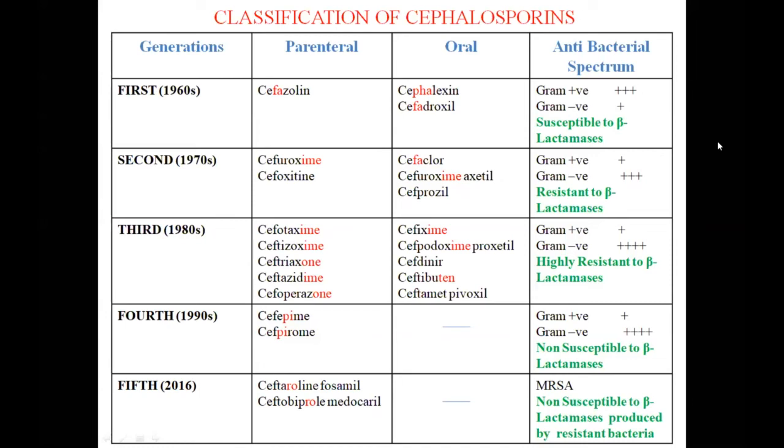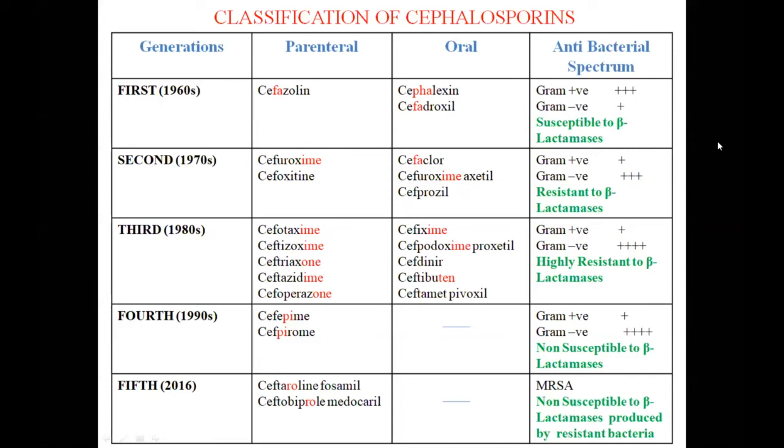Now in this classification of the drugs, in the 3rd generation you can see ceftriaxone. This one is one of the longest acting drugs, and it is very effective against a wide number of organisms. And ceftazidime and cefoperazone, if you see, are the drugs more used against Pseudomonas. So they are known as anti-pseudomonal cephalosporins. Just like we had piperacillin and ticarcillin, remember, in the semi-synthetic penicillins, which were used against Pseudomonas, just like that you have ceftazidime and cefoperazone, which are anti-pseudomonal drugs.